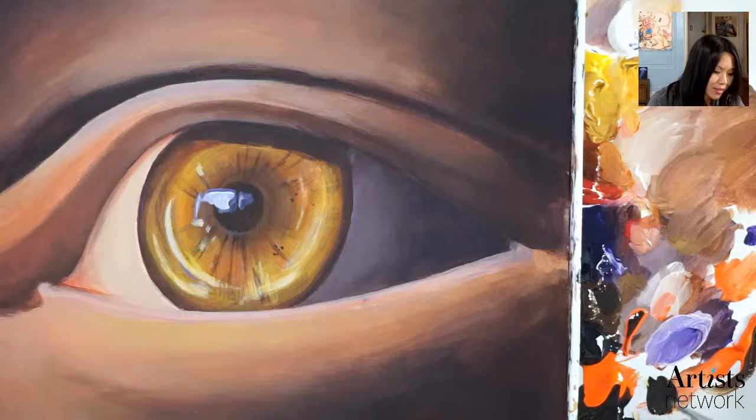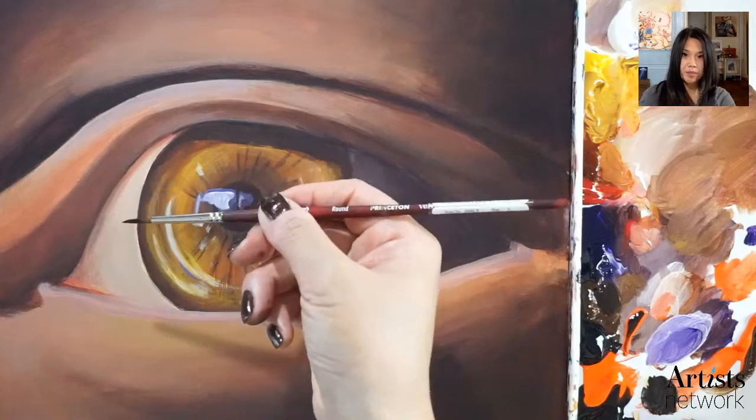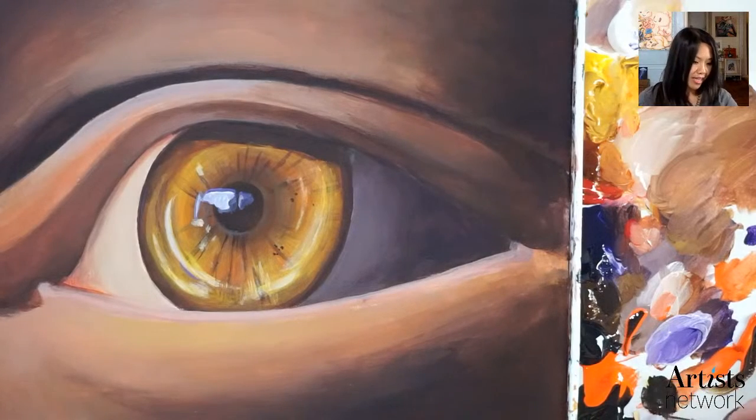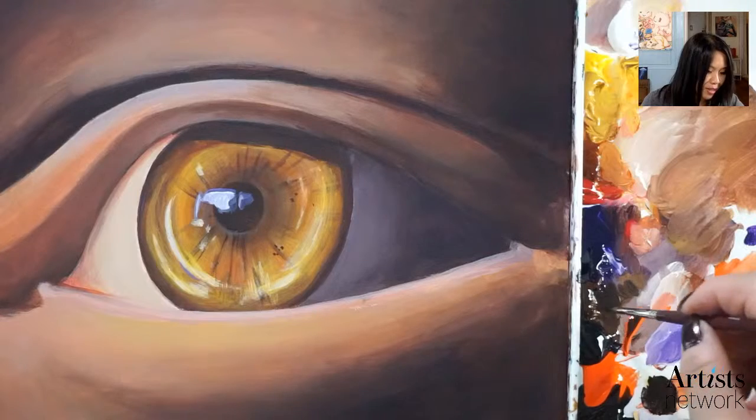You know, already my palette's a total mess, so it really doesn't even matter what I do at this point. I'm going to make sure that there's not a lot of paint, but it's going to be pretty loaded up. But no matter what, when you load up your brush, make sure that it's still super pointy. Okay, so are we ready? We're going to try not to mess up. And if we do, it's okay. I'm going to go into the ochre,